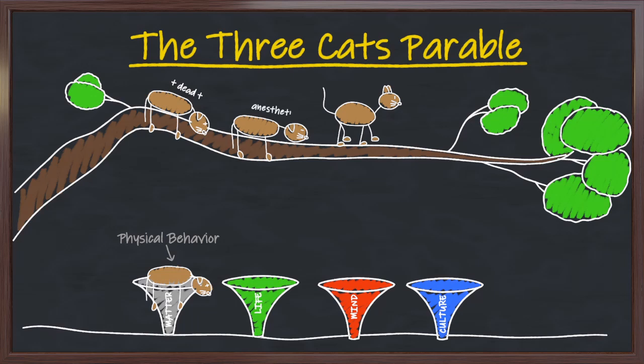Let's say the second cat is anesthetized. It drops, and when it lands, overtly it behaves in accordance with the laws of gravity. However, if we were to look inside, its breathing, its metabolism, it would exhibit living behavior. All the coordination of its organ systems are still operative to maintain the complex functional design. Finally, the third cat's alive and awake.